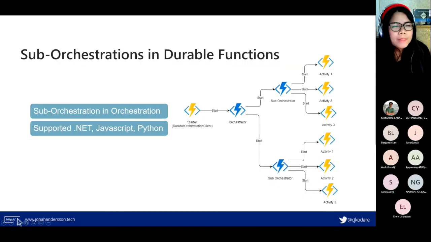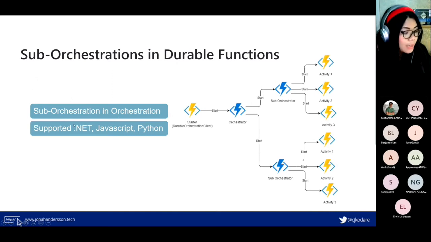And if you want to do more complex things, there are known patterns, but actually, as a developer, you can create as many patterns as you want, and you can call them whatever you want. But I want to share that you can also create sub-orchestrations within your orchestrator. So it can be complex. It can be like a hierarchy or a tree, depending on how you want it.